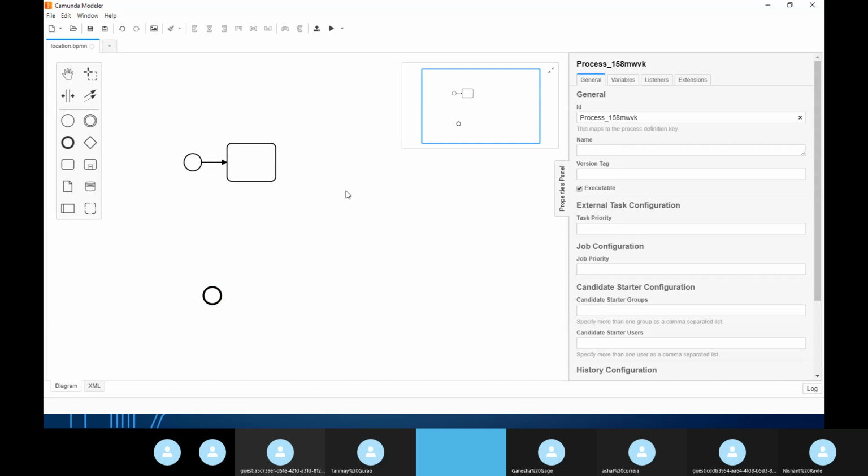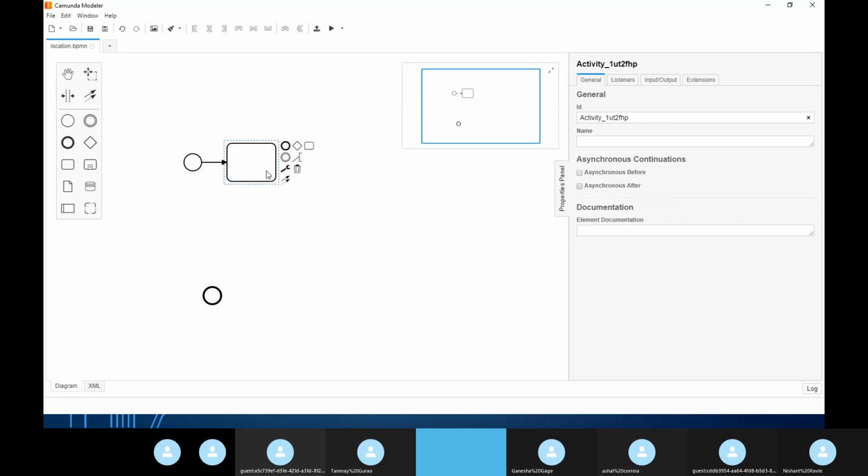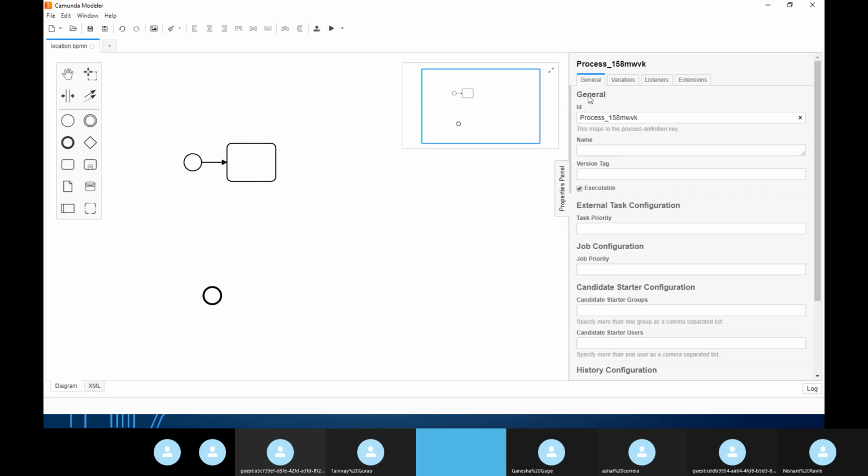Now here is the thing. Be it a component or a workflow, ID is something used to refer internally within the application, and name is something which we can see on the screen. I hope now you know the difference between ID and name. Okay, before doing this, let's deploy one thing and then we can continue.